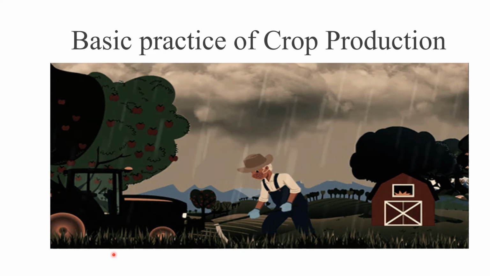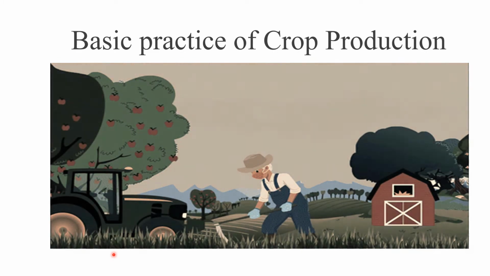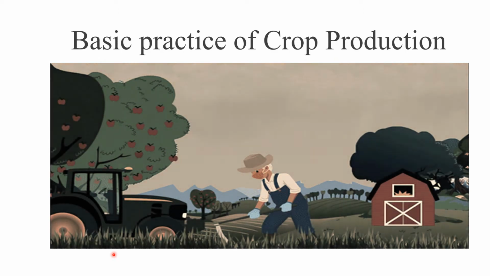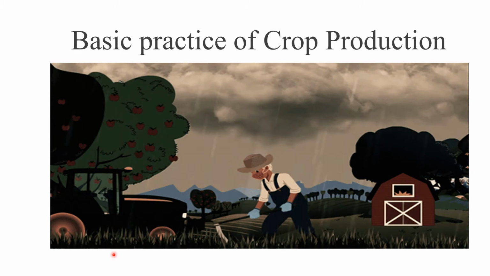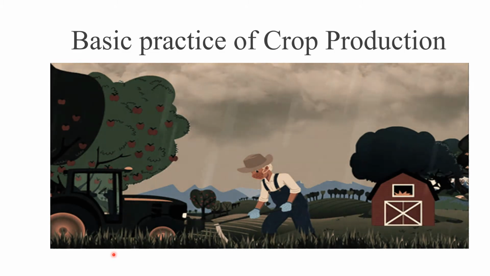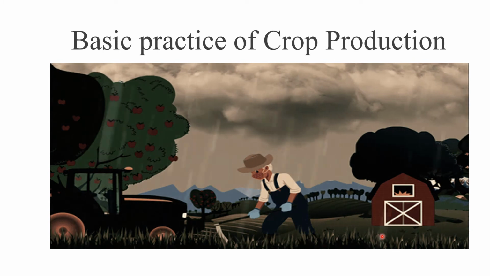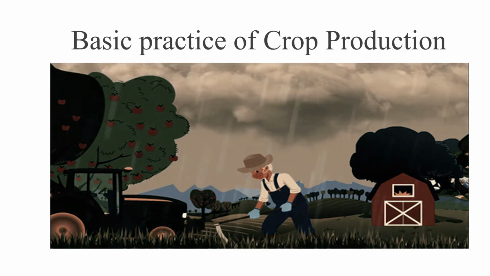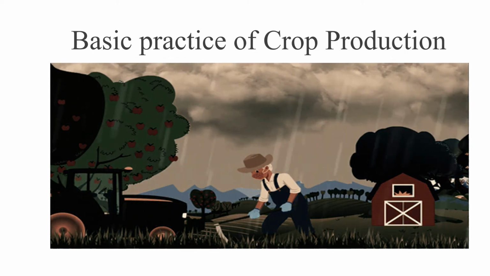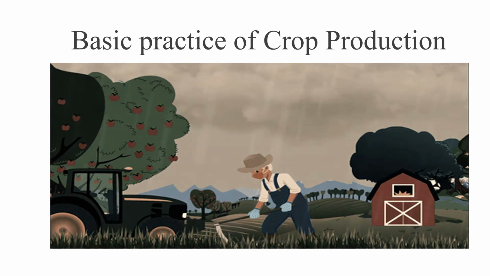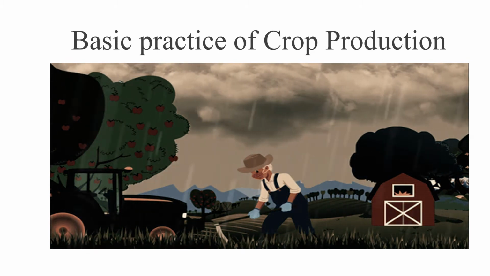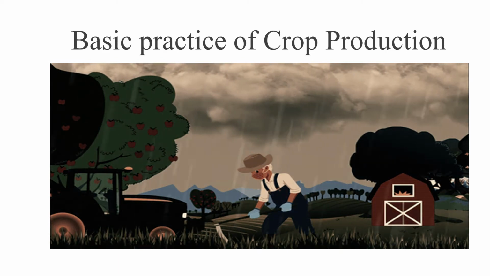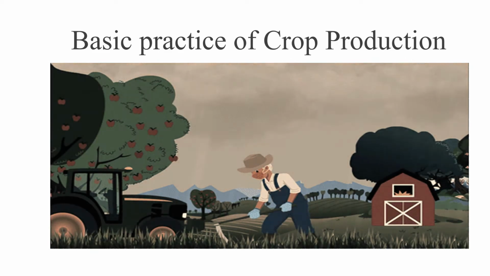So the basic practice of crop production is otherwise called agricultural practices, and the various agricultural practices carried out at the various stages of crop production are: the first practice is preparation of soil, the second is sowing, the third is adding manure and fertilizer, and the fourth is irrigation, followed by which we have to remove the weeds, and then it is harvesting, and after harvesting we have to store the food grains or the harvested crops. So let me repeat it for you again.